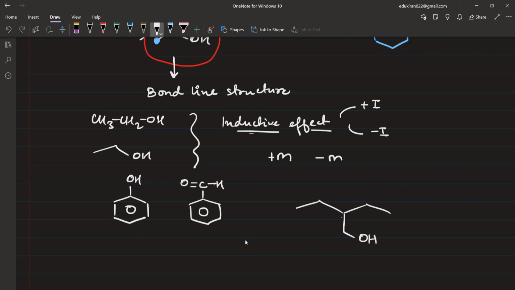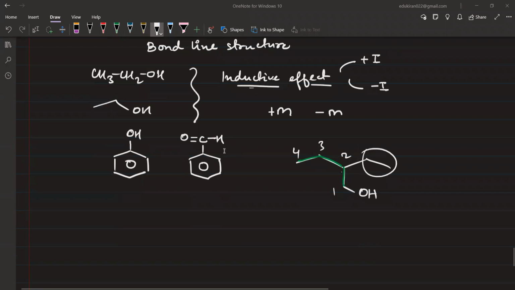3 ethyl and then butanol, with a single bond, double bond नहीं है। ये 1 2 3 4 5 कार्बन चेन है, OH यहाँ है। नंबरिंग OH से स्टार्ट करना है, तो 1 2 3 4, तो 2 पोजीशन पर इथाइल, क्योंकि 2 कार्बन पर यहाँ है। ठीक है, हम समझ गए, सही है इथाइल आपका। दैट्स ब्यूटेनॉल।